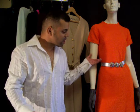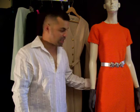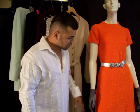This is episode 2, and today I wanted to showcase probably one of the earliest dresses that I have from the St. John family. St. John started in 1962. I put this dress, this orange shocking dress. It is very 1960s, of course. I would say 1965, 1966, could be earlier, could be later, but it is only 3 years after they started